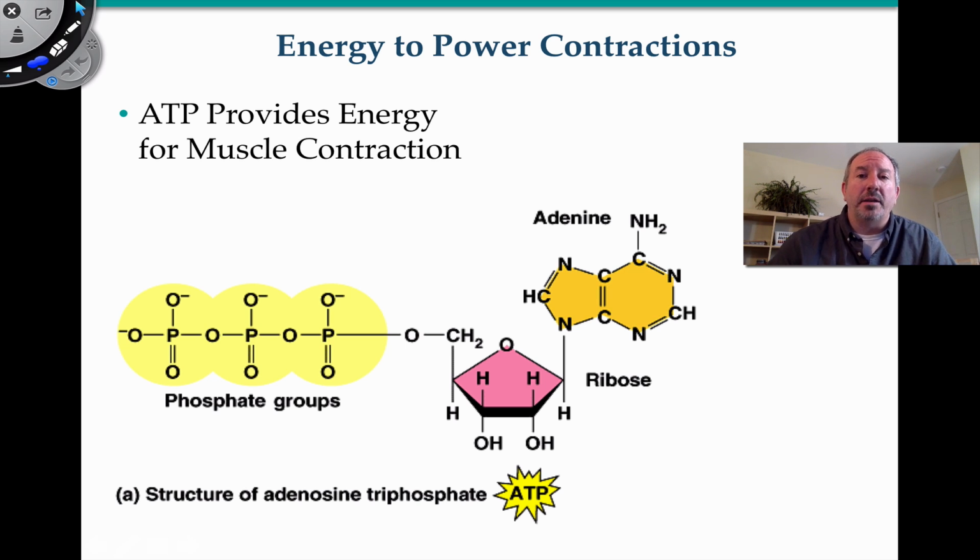I've been talking about it, but just in case, to review the structure of this, it is made up of a ribose sugar and 3 phosphates and an adenine nitrogenous base, which is a purine. This is a monomer. If you're familiar with genetics, this is the monomer of RNA. So it's adenosine triphosphate. And the cell uses this for energy because these 3 phosphate groups, which are negatively charged,